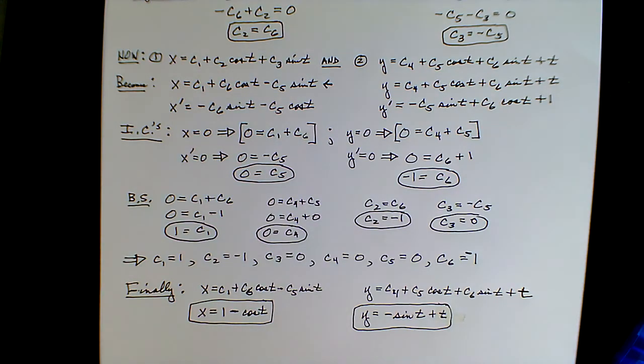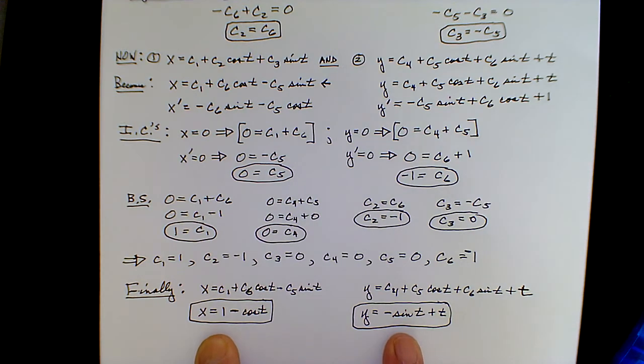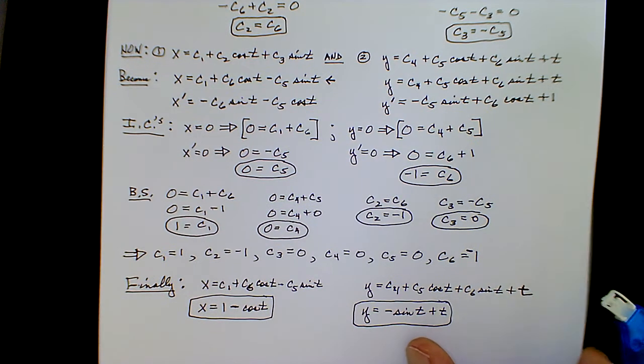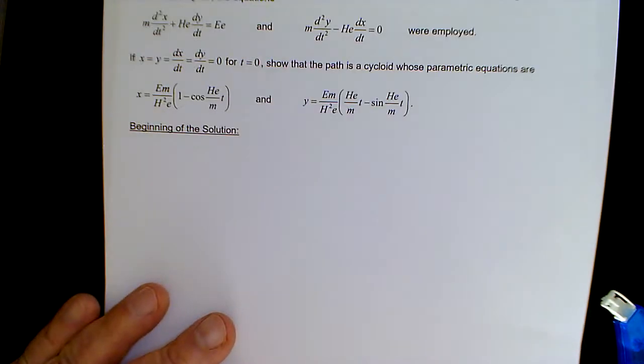Hello everyone, this is part 3 of J.J. Thompson's charge to mass experiment, and last time we finished solving the system of equations, coming up with our path of a cycloid here by letting all the constants be equal to 1. Now, as I explained, this is your exam question